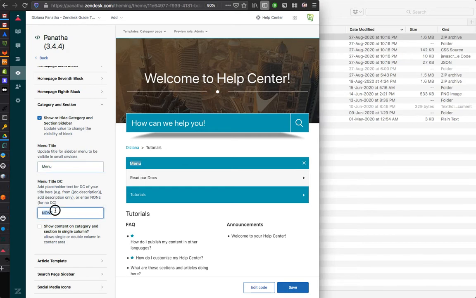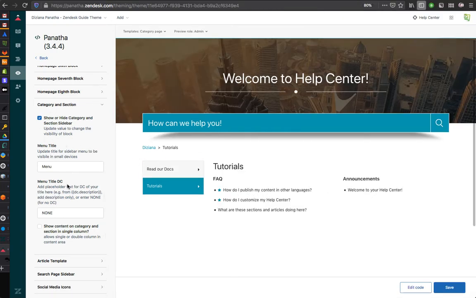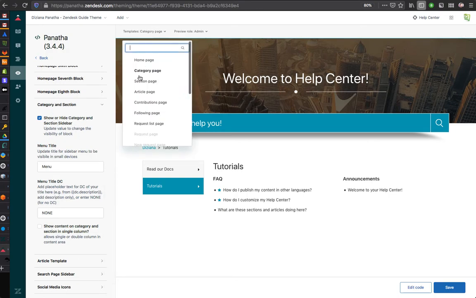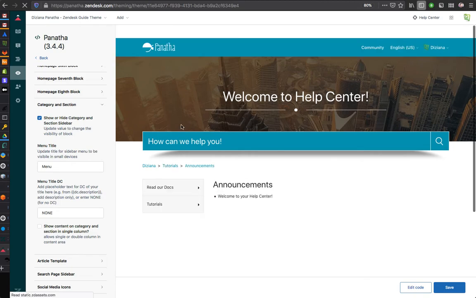Then you can use dynamic content, as we talked about, create different variants and use the dynamic content name over here, and then you can localize this menu text. So we provide this setting that is applicable for category pages and section pages.